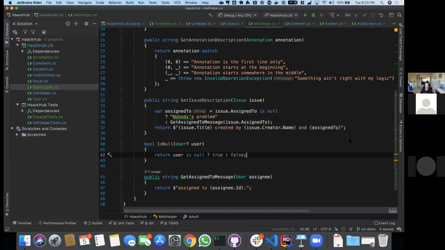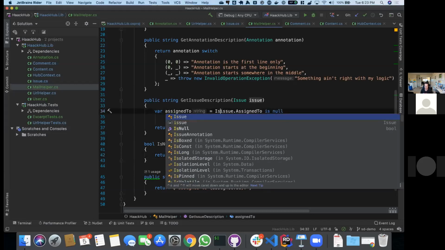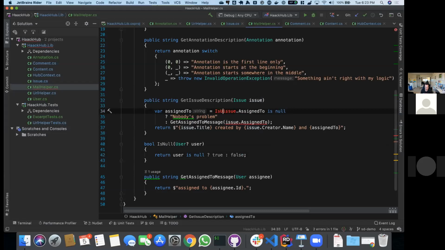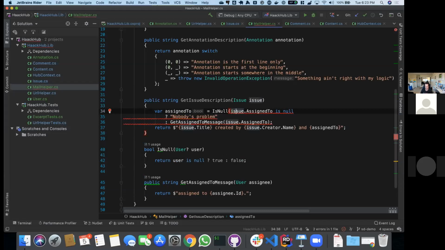You might have seen validation methods like this, like validate argument, or argument is not null. In this case, we're taking in the user and returning true if the user is null, false if it's not. So if I go in here and say if is null, and I call my method,